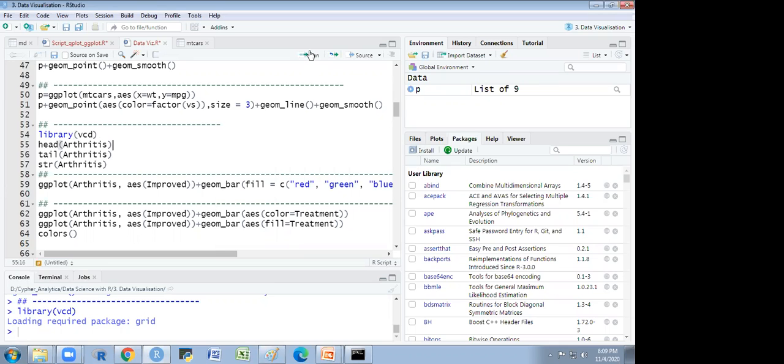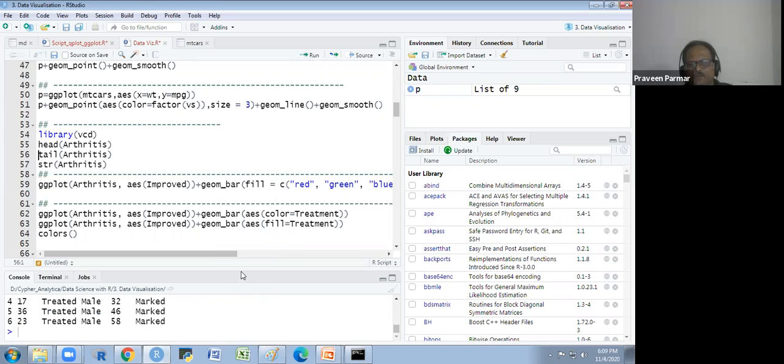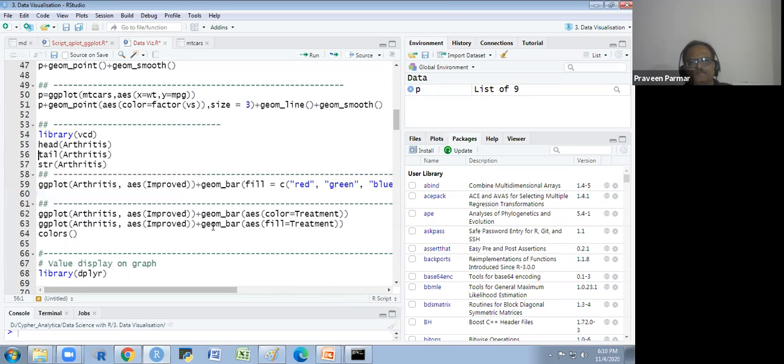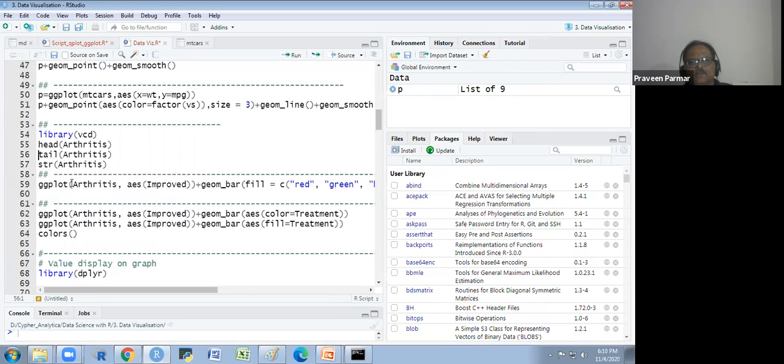So we see the head of this. Head means the top six observations. It has ID, treatment, gender, age, and improved. These variables we have, and we make a few plots with this. The data is arthritis, and for the aesthetic I am taking improved.